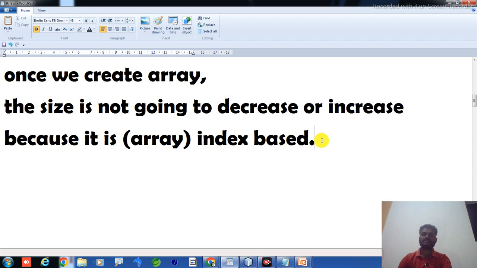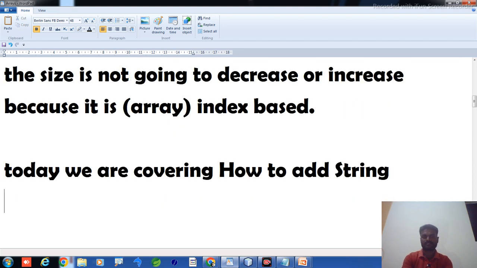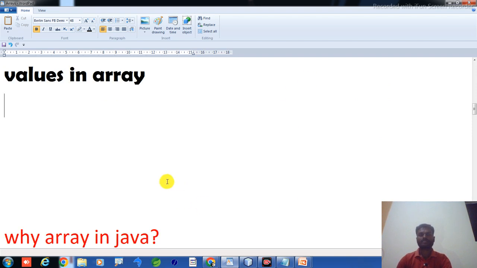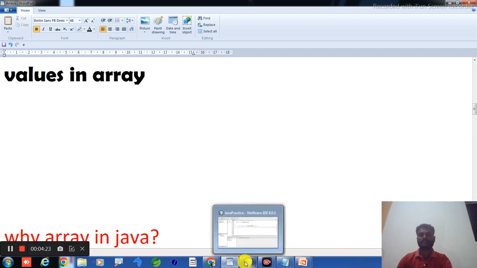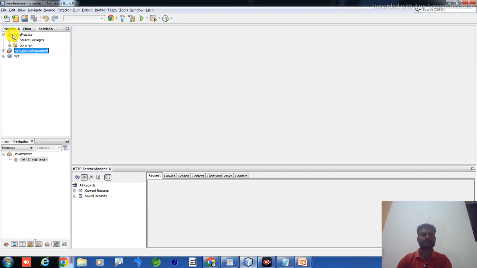Today we are covering how to add string values in an array. I'll show you directly in the NetBeans IDE. Here I am going to create one example in the Java practice package inside the source package.